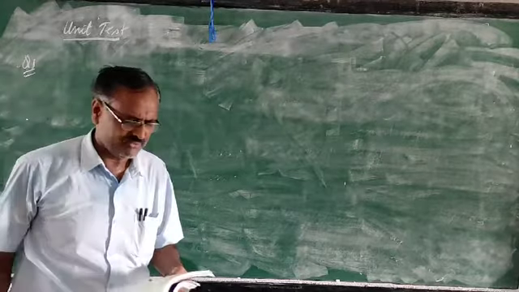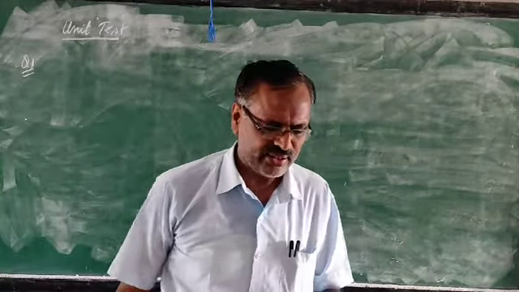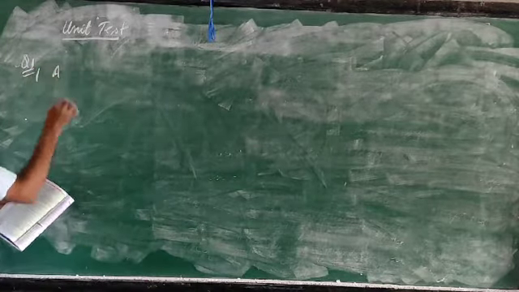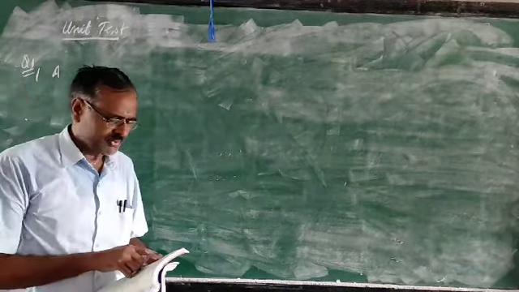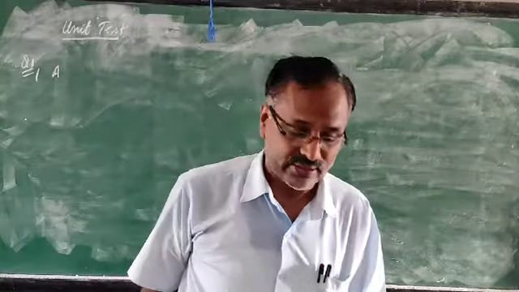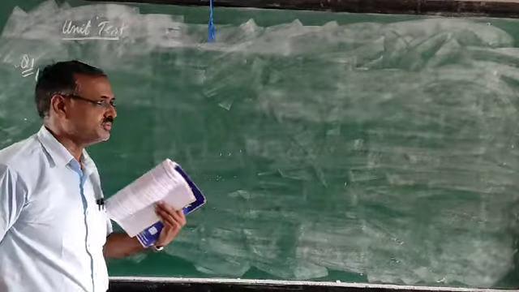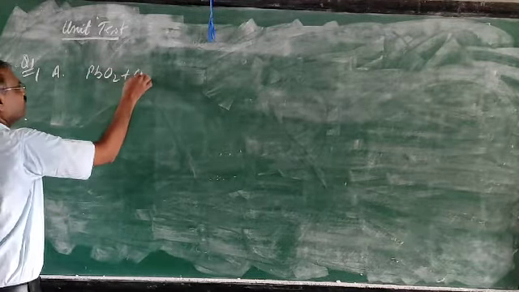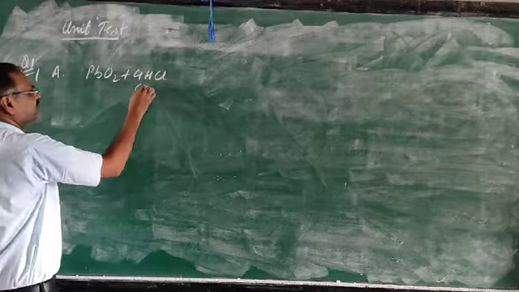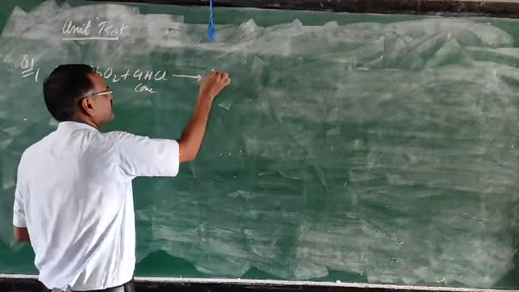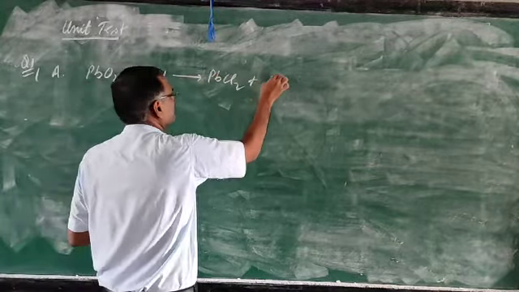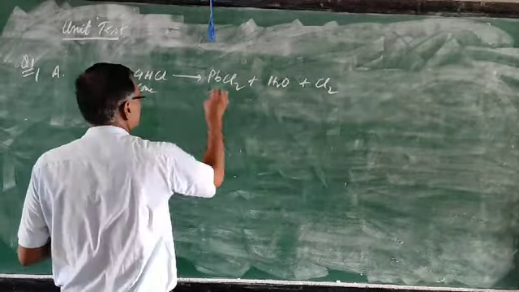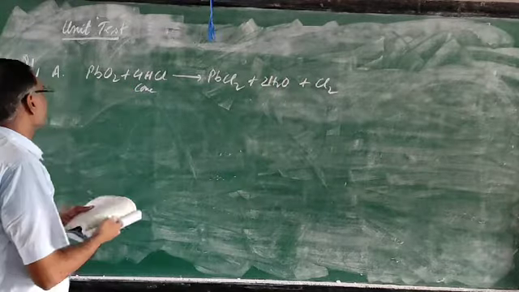Give balance equation for the following converter A, B, C, D, E. Only equation you have to give. So first one is given. That first one, A part, from concentrate HCl to lead chloride you have to get. So you can react with PbO2. So this PbO2 react with concentrated HCl. This will form PbCl2, H2O, and chlorine.